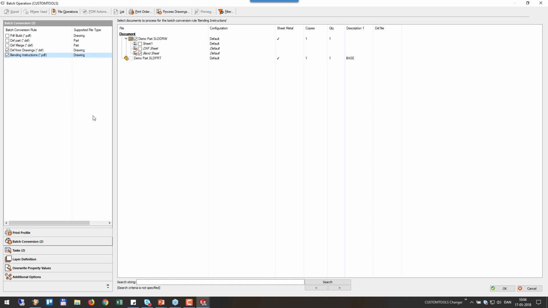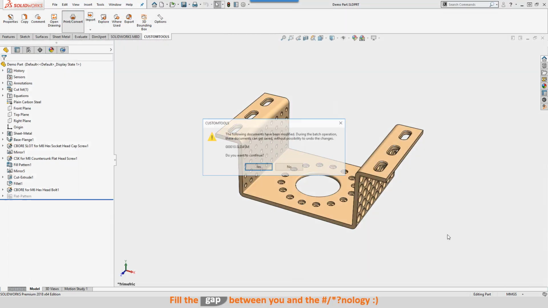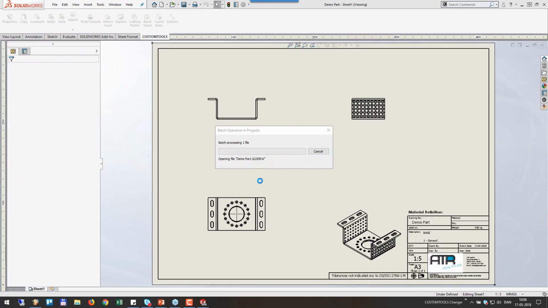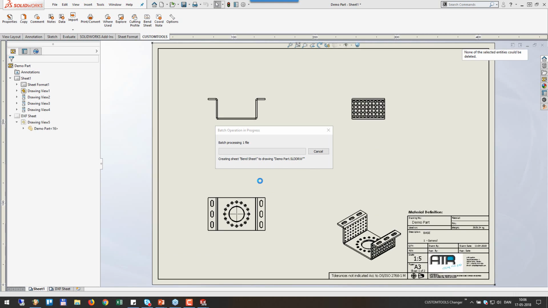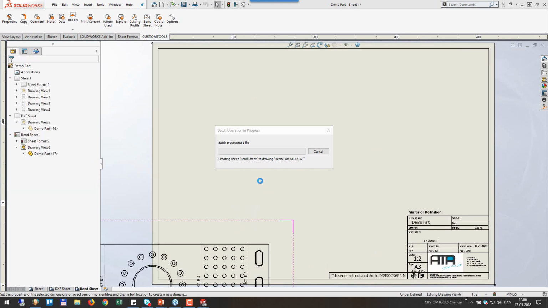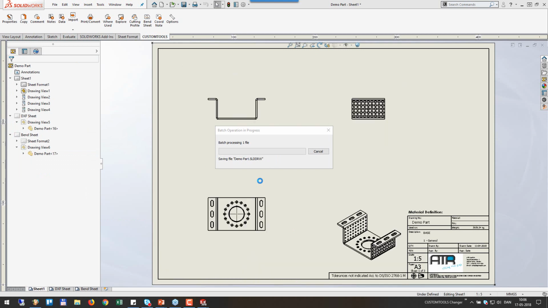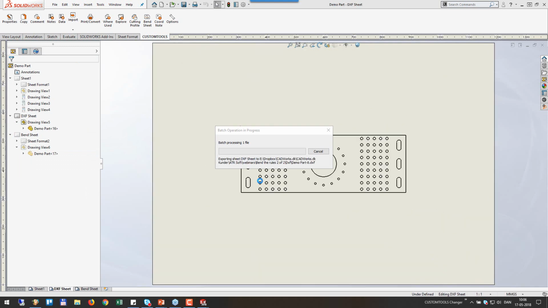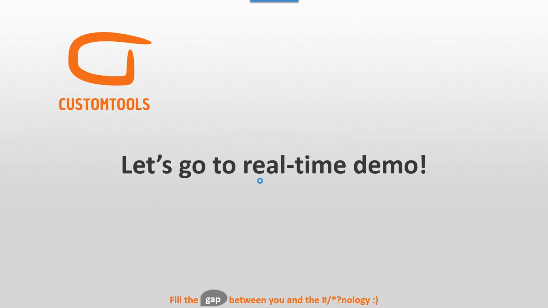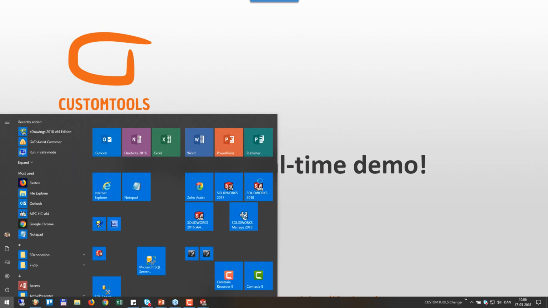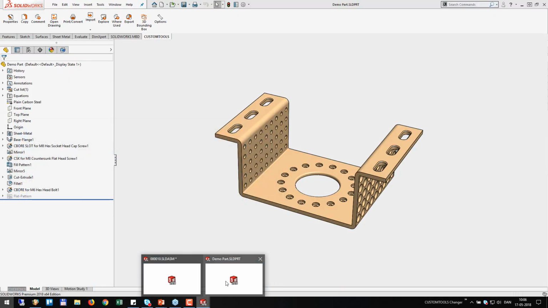But now I can run this conversion and it is going to create these sheets directly onto my drawing. So I'm just going to hit OK and process that. So a lot of things are going on right now. We are creating these sheets on the drawing, and we are also batch converting files on the fly. So if I go back to this one